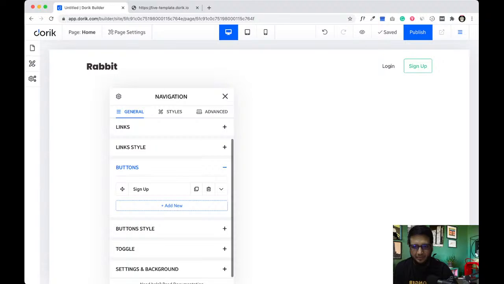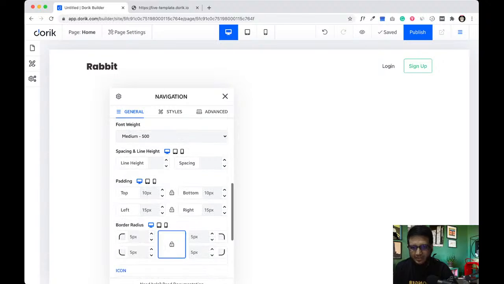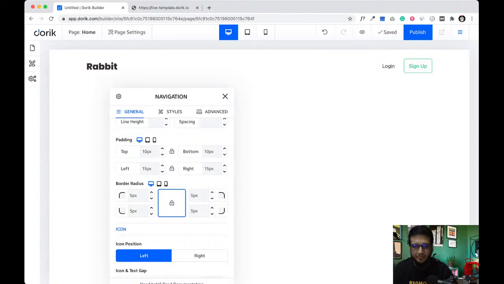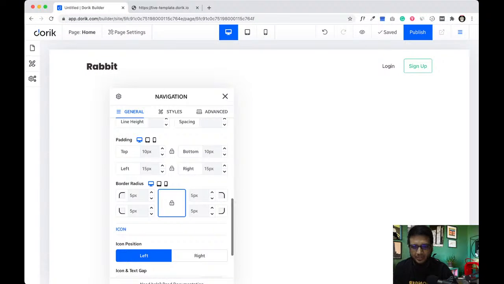So we are gonna go to the button style, and we can change the radius. This type of radius is called pill, and there's an easy way to do it. You can give a huge number in the radius field, let's say 155, and just click on the lock.